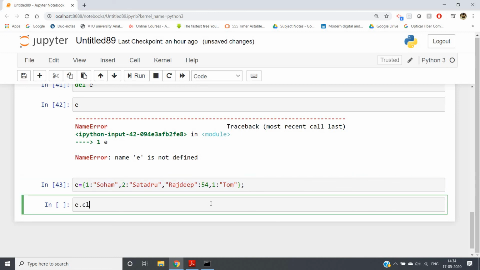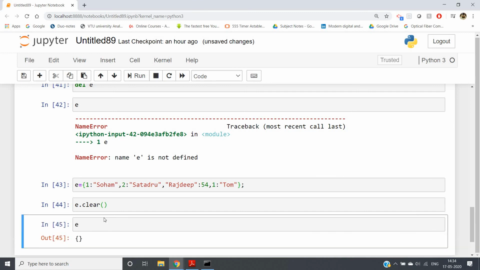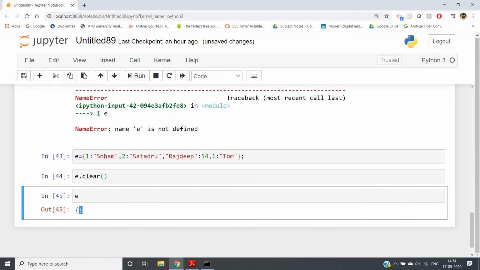Then you need to write E dot clear. If I run and now print E, I will get an empty dictionary. I told you in my first video that an empty dictionary can be denoted with curly brackets. So this is how clear, delete and pop work in Python for removing an element or key value pair from a dictionary.